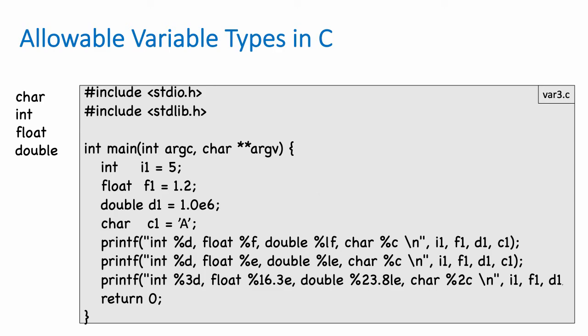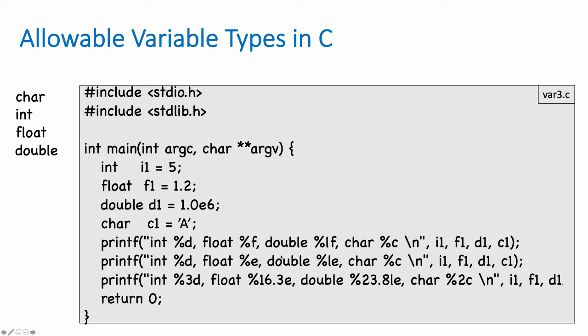So the different variable types, this is how we print them out. We're defining an integer I1, a floating point number F1, a double D1, and a character C1. So the printf again, this time it doesn't take 2 arguments, it's taking 5 arguments. Again, the first one is this formatting string. We're telling it to print out int, %d, that %d stands for integer, %f float, %lf is a double, and %c